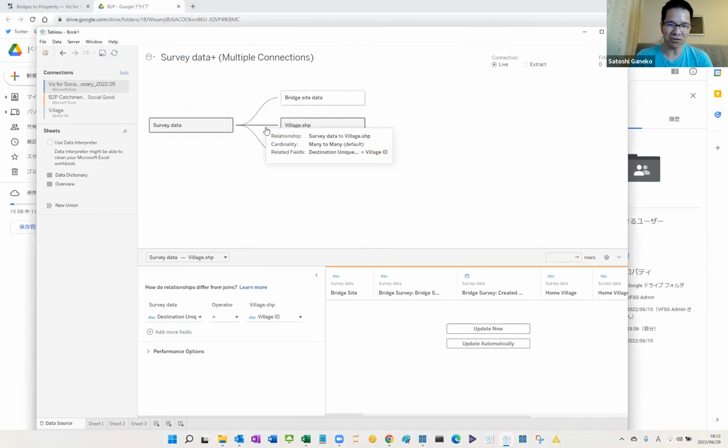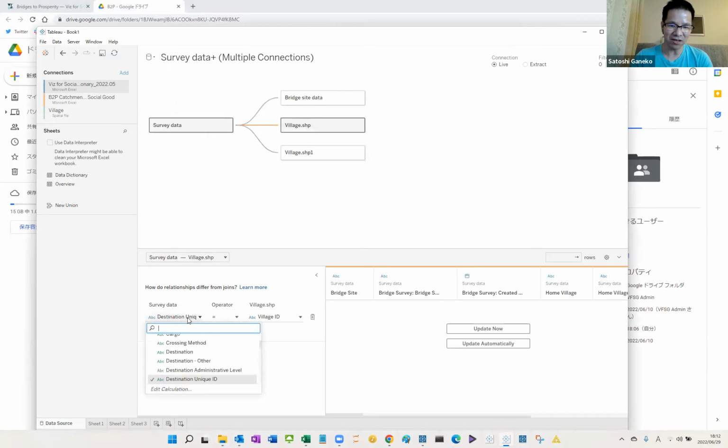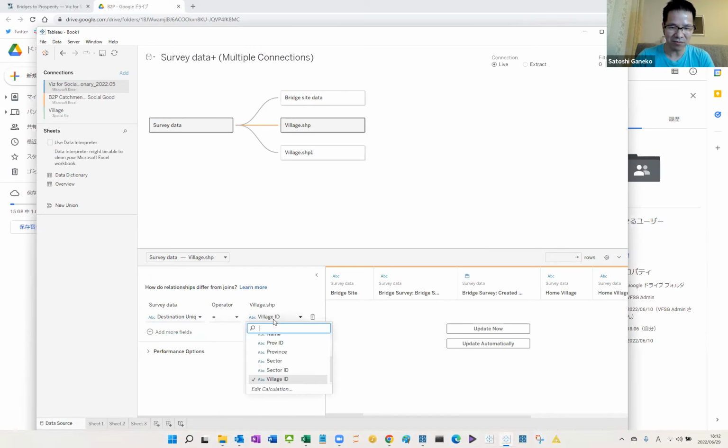You can make a relationship with the destination unique ID, which is the unique ID of really small bridges that are destinations of people, and the bridge ID, which is one field in the shapefile.